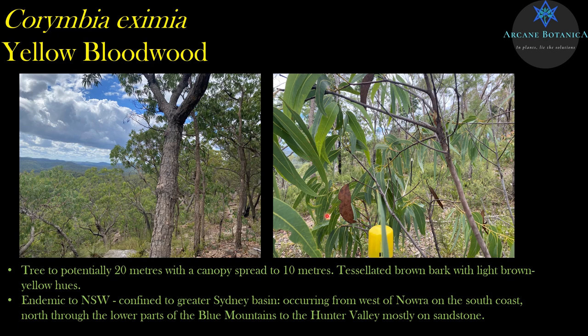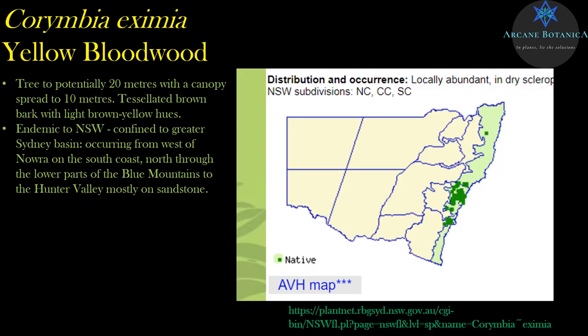I wish I had some better photos, but the leaves are this really distinctive bluey green colour. They're long. They can be about, say, 3 centimetres wide or so, but they can get really long. You can get leaves about 30 or 40 centimetres. They can be that long, and this is just a sapling that was at the start of my monitoring plot. They've got these really distinctive yellow petioles, which I really like, and a really distinctive yellow midvein. And in this sort of country, it makes them easily identifiable. You can't really confuse it with too many other eucalypts.